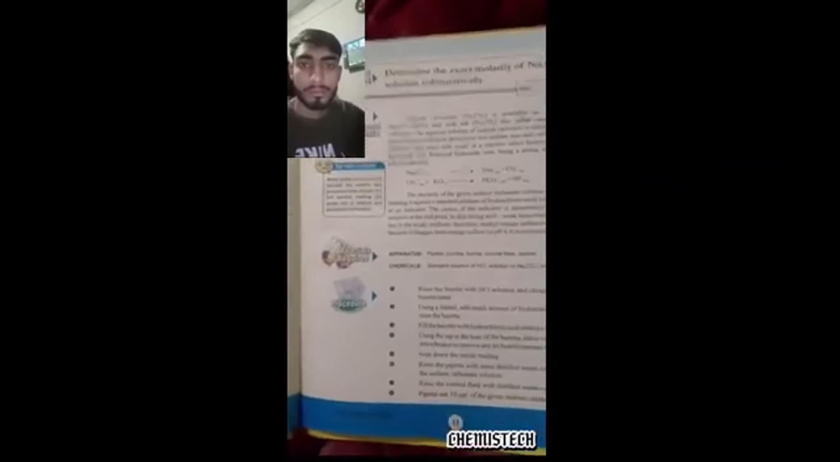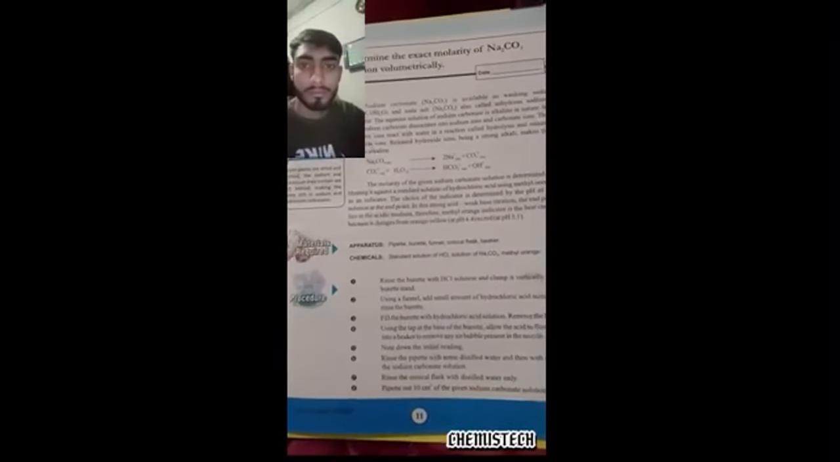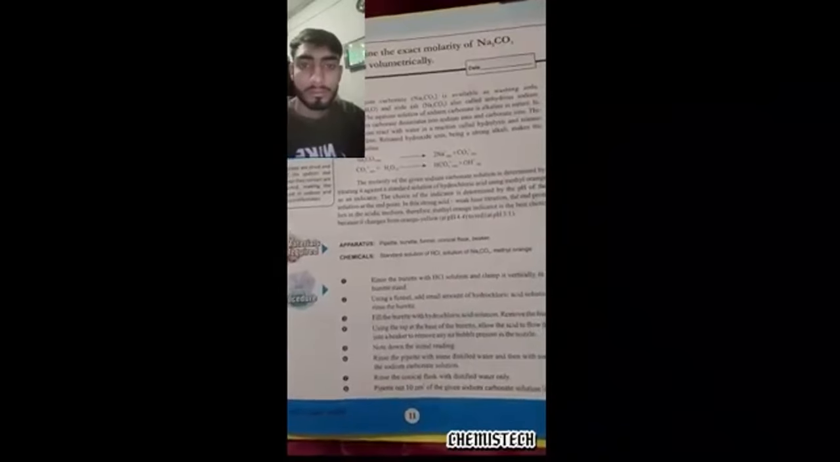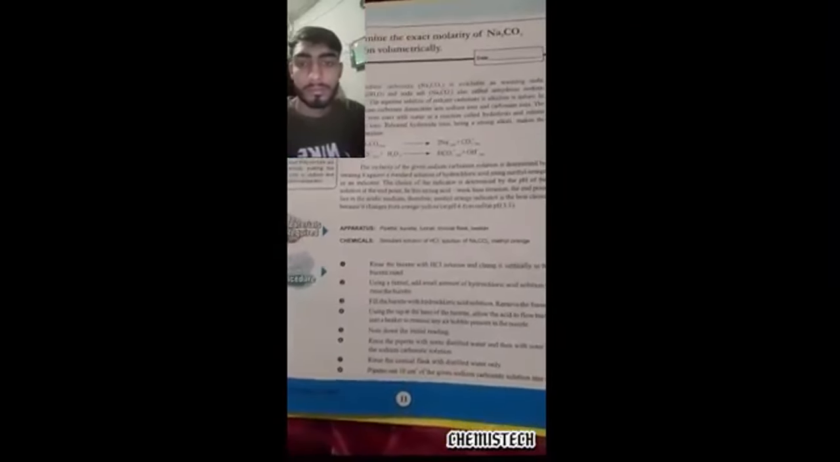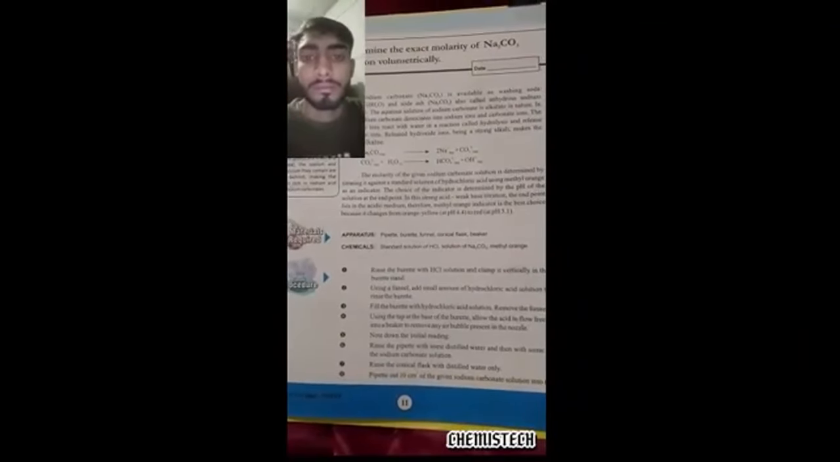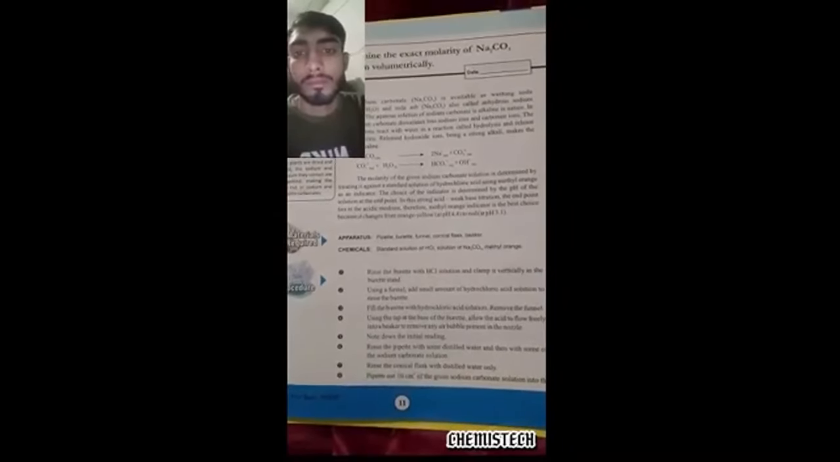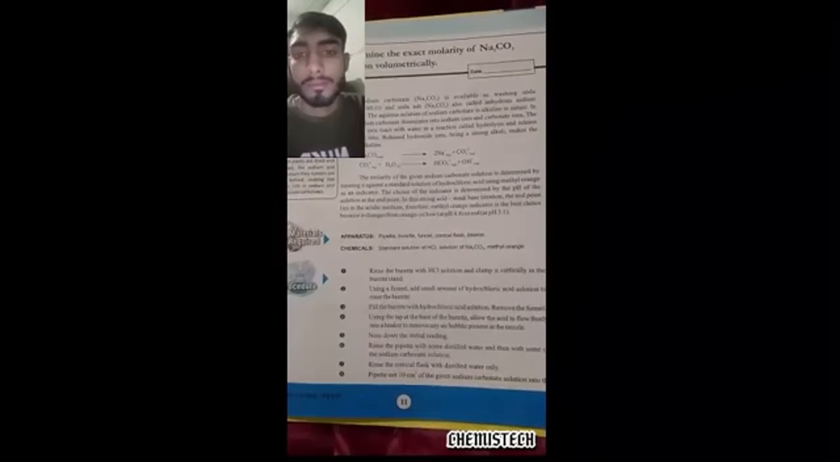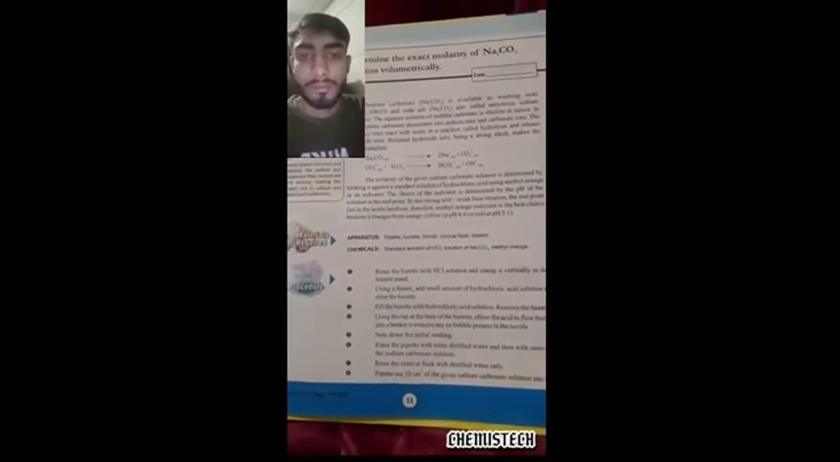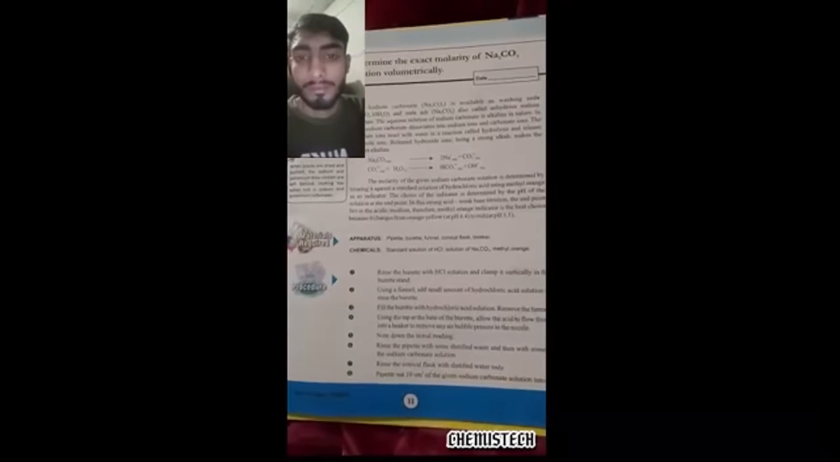Here is the background information. Sodium carbonate, formula Na2CO3, is available as washing soda, Na2CO3·10H2O, and soda ash, Na2CO3, also called anhydrous sodium carbonate. The aqueous solution of sodium carbonate is alkaline in nature. In water, sodium carbonate